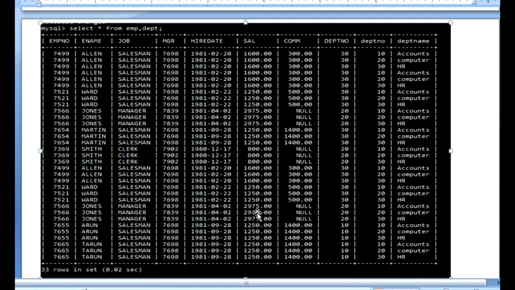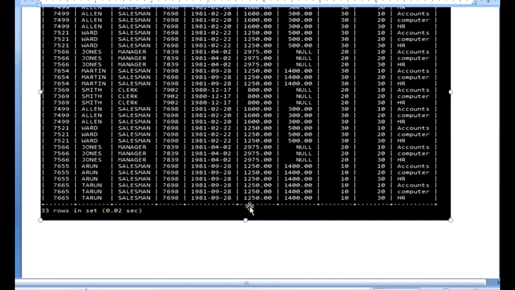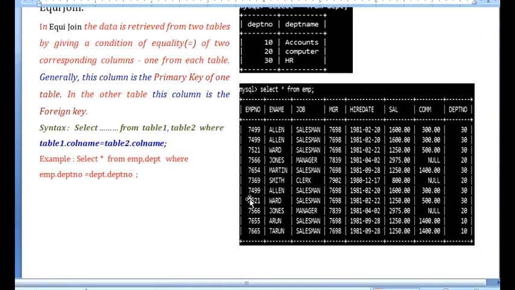Then what is the solution for getting accurate data? It is nothing but the implementation of an equi-join. Equi-join is where we retrieve the data from 2 tables by giving a particular condition based on an equality rule.